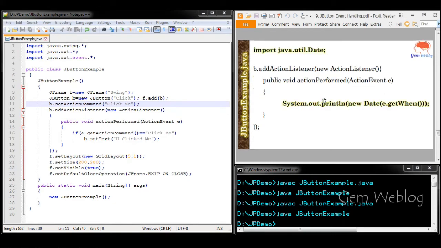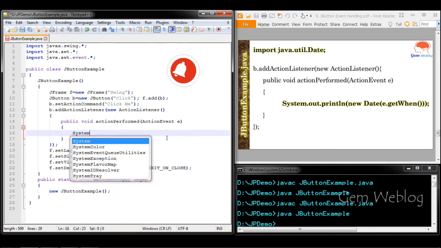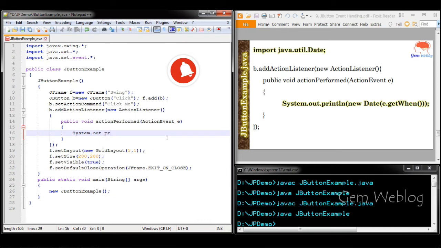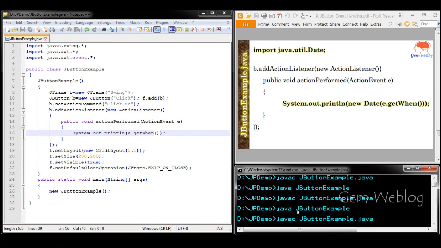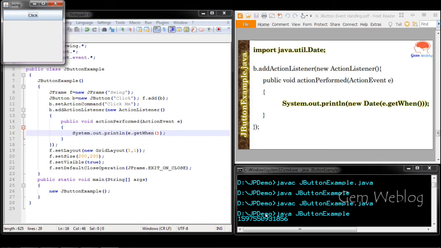Next method is the getWhen method. Now we are going to display the time in the console. e.getWhen. Now whenever the button is clicked, you can see a number.